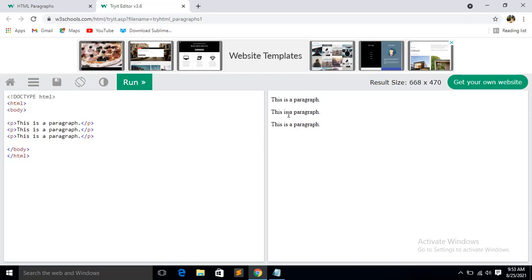But when you use the BR tag, no spaces will be there; only one line will come, then after that the next line without any spaces. So that is the difference between the BR tag and the paragraph tag.